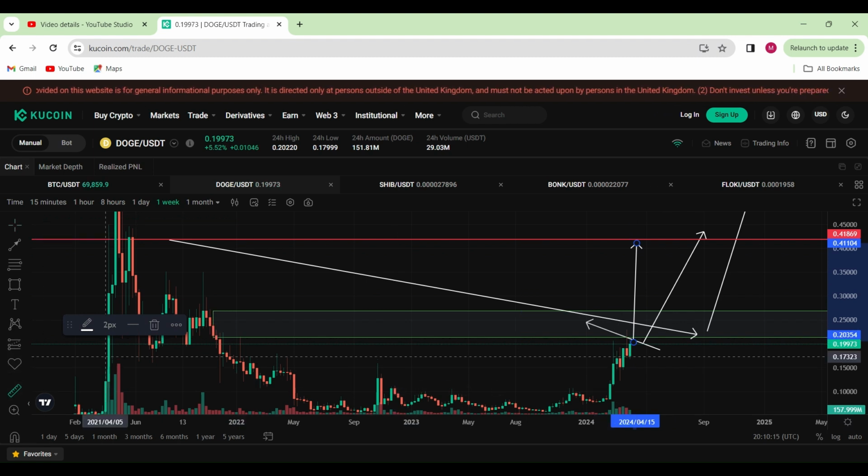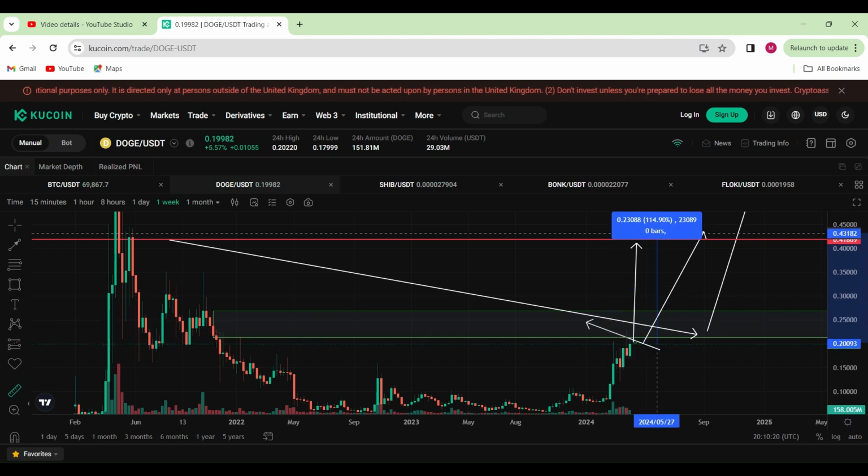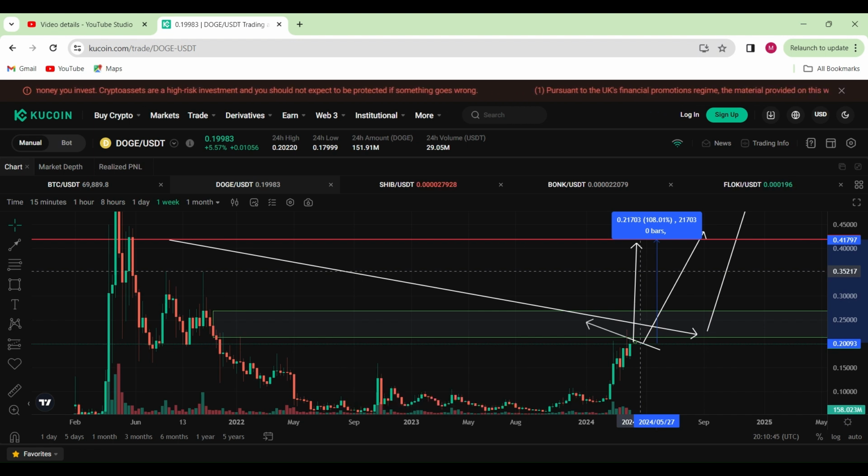Not too shabby guys. So if we bring out the measuring tool and measure from the current price all the way to the top of that red line, our resistance, that's another 108% move to the upside around about there. Then you should be expecting a 108% move on your trade. Plus, if you were to leverage trade this, even though guys, I'm not a financial advisor, I'm not advocating for this, but if you were to leverage trade at a minimum of 2-3x, then you get 2-3x that amount over here. So 2x from here, you become 216. 3x from here is